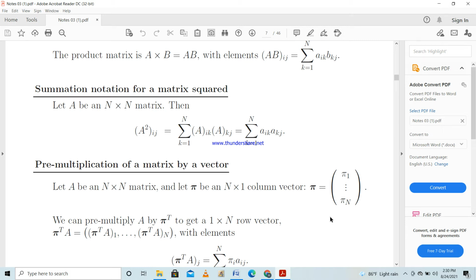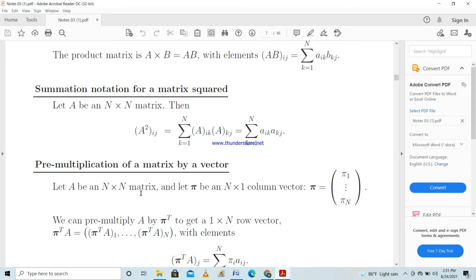So in this case, if you have an n into n square matrix, and if you have a column vector with n number of rows and one column, something like this, right? Here n number of rows but one column. And if you want to multiply this, this is an n into 1 matrix. If you write this column vector, the dimensions are n into 1, but your matrix is n into n.